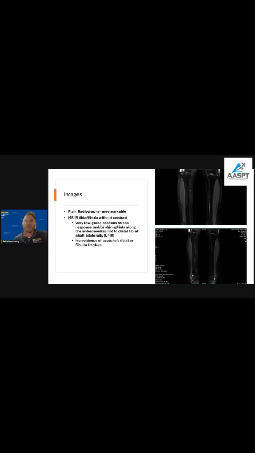And what they found was a very low-grade osseous stress response and/or shin splints along the anterior medial mid to distal tibia of both limbs. And you can see the MRI to the right over here. I believe this is a STIR image, and a STIR image is a really good image to look for bone stress injuries